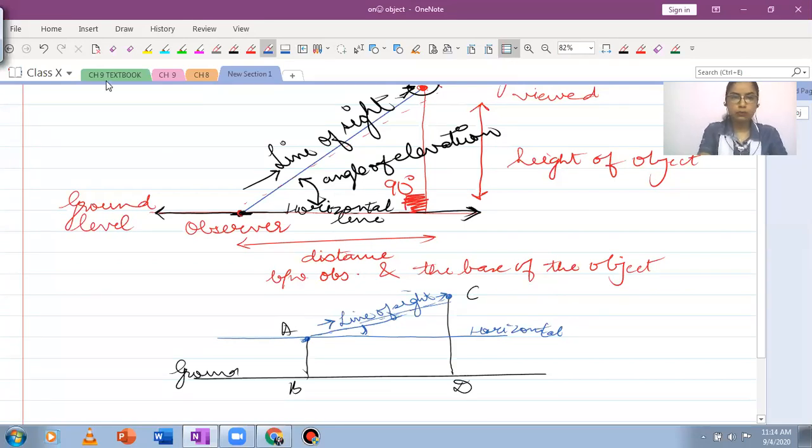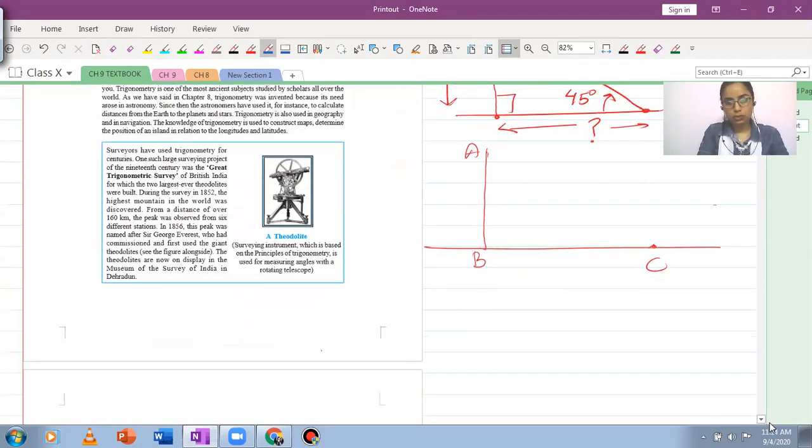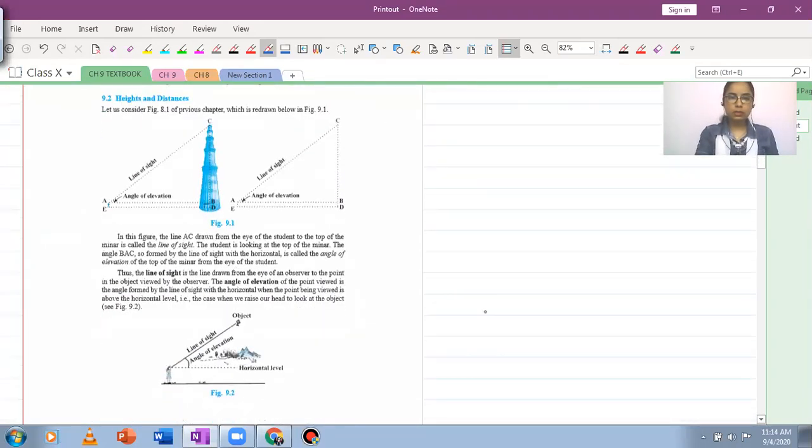So I think this is all given in your book. You don't have to write this down. Everything is given in your book, so I'm not going to make you write this down. I think it's on page number 196. Yes, it's on page number 196 in your textbooks. So it's described here. There is a picture given, so you can see you need a line right through the point of observation. Between the horizontal line and the line of sight, you will have the angle of elevation.